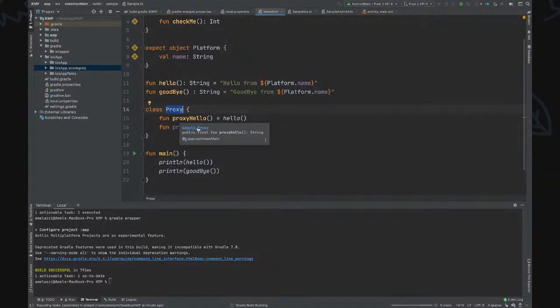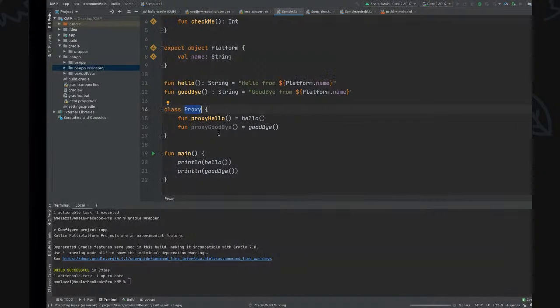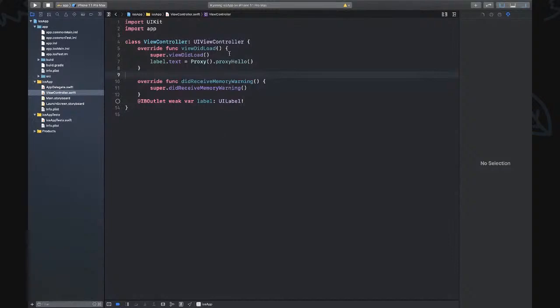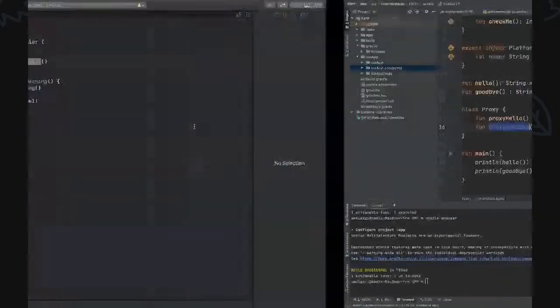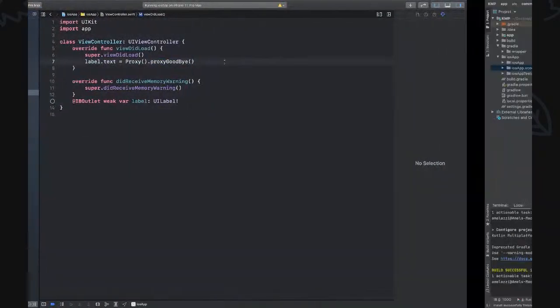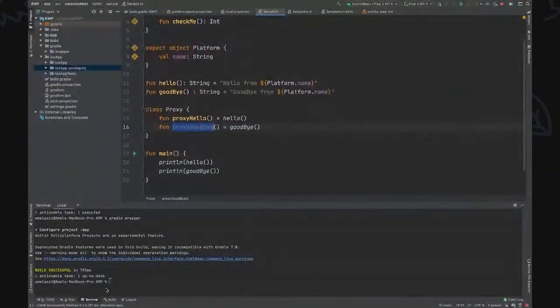So we will do the same for our goodbye proxy. It's not really hard, but it's not the same as creating another view, another label, for our Android iOS application. We just need to change this proxy hello to proxy goodbye, and